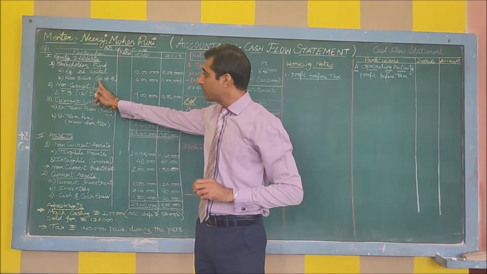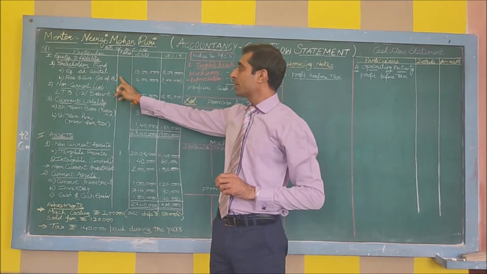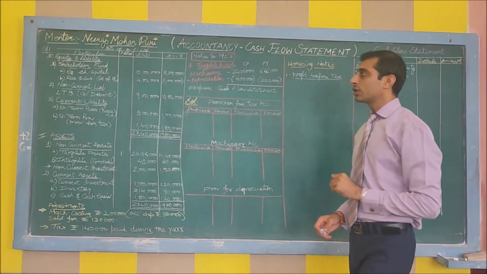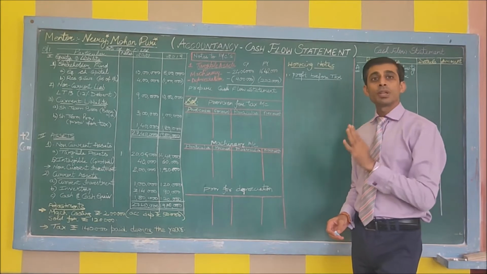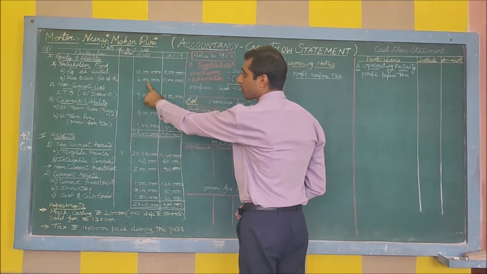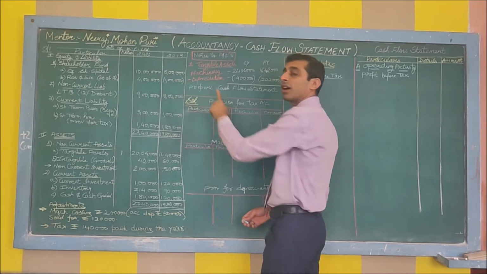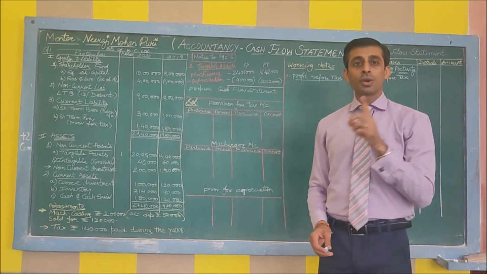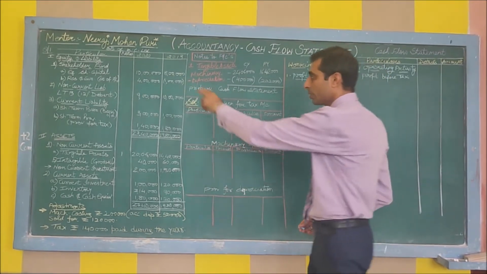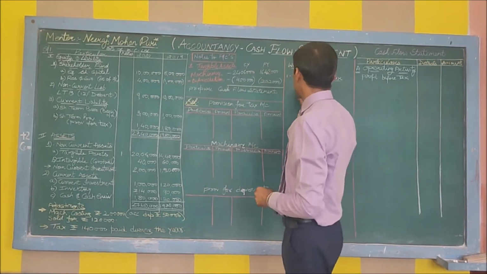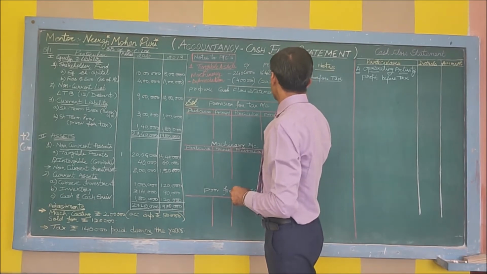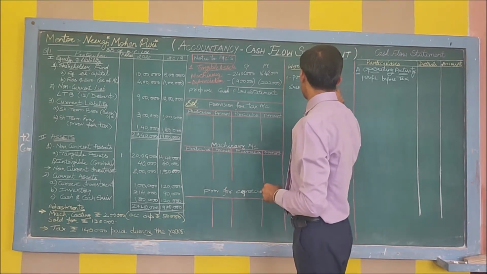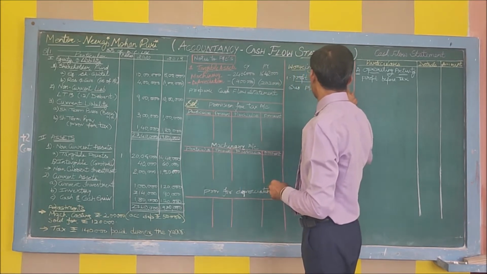In front of this item, the item name is statement of profit and loss. We do not have any note, so we will directly take these values. The formula for this is current year minus previous year. Be careful, the current year is a positive value but the previous year is a negative 1 lakh. So according to the rules of integers, minus minus will become plus because the formula is current year minus previous year. Therefore 4 lakh plus 1 lakh will become 5 lakh. This is your surplus of profit and loss. This is our first item and its value is 5 lakh.